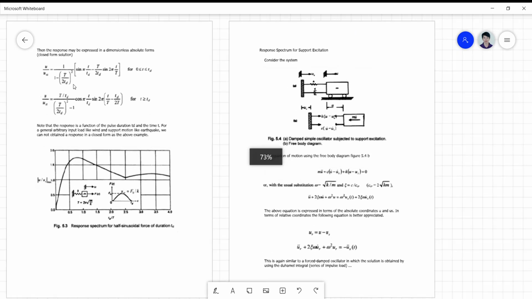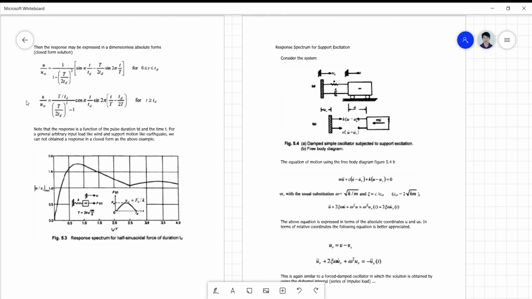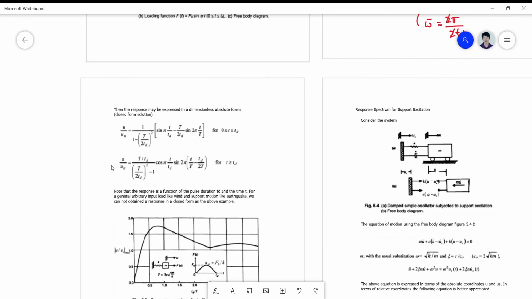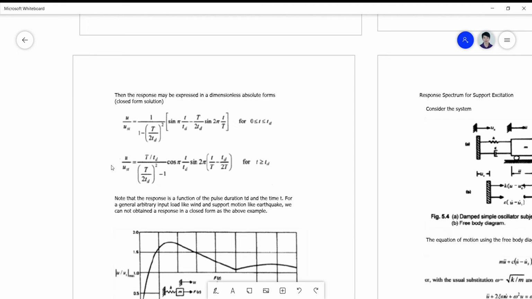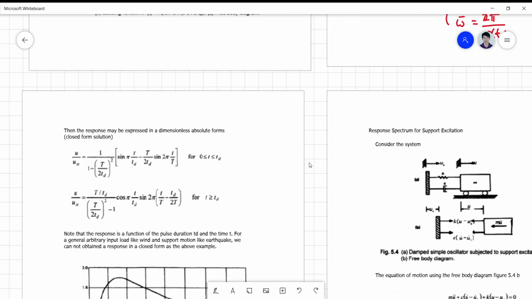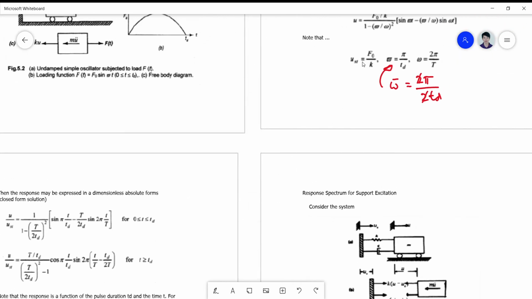Okay, for your response now, we need to express it in terms of a ratio. This is sometimes called a normalized, or dimensionless, closed form solution. So we need to divide u and ust there. So we only take note of introducing, of course, these parameters here to eliminate